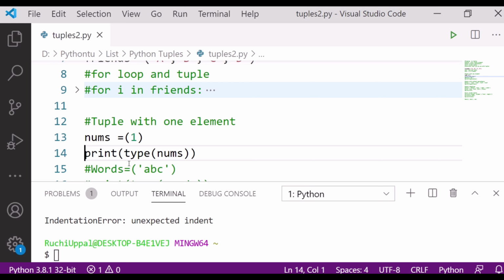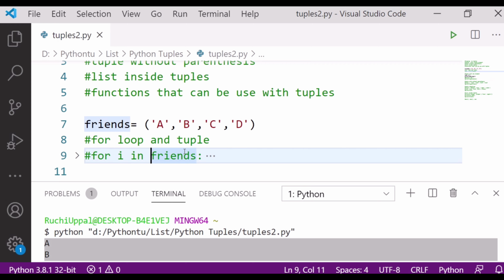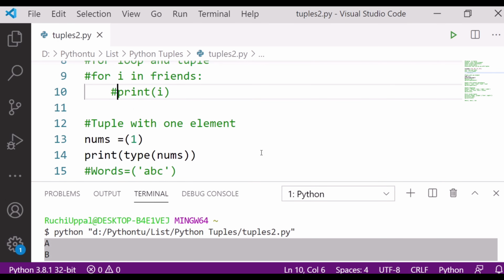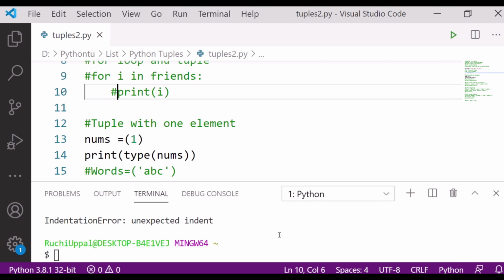Unexpected indent, where? Okay, fine. Control S. Let's run it again and check the output. Now you can see in the output it is telling that it is an integer, it is not a tuple.